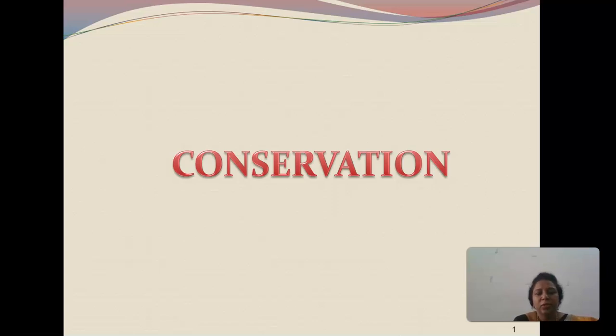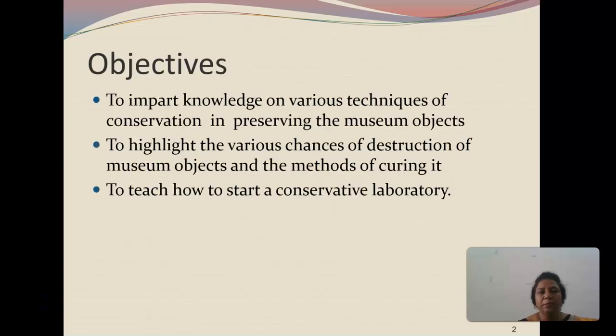Dear students, today we are going to learn about what is conservation. Conservation is a very important aspect of museums. When they want to preserve museum objects, conservation is very important. So the objective of this lesson is to teach you about the various techniques of conservation in preserving the museum object,